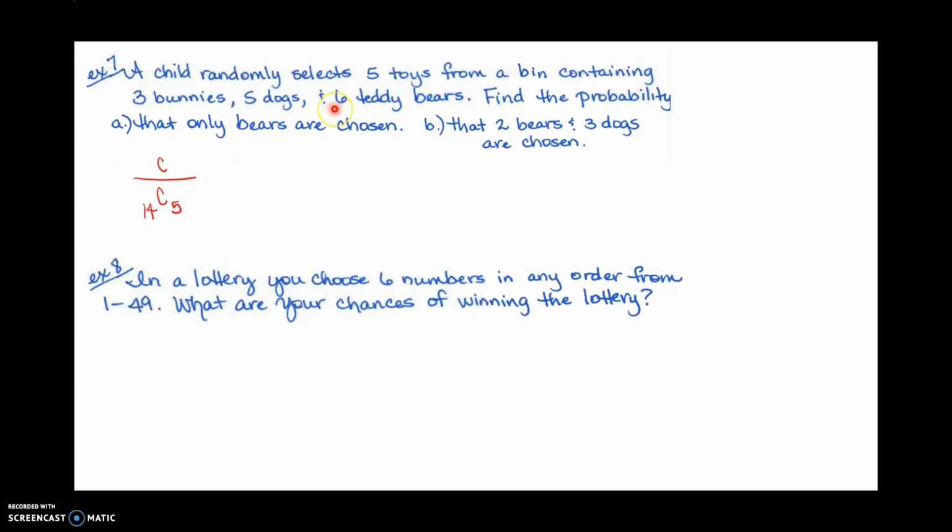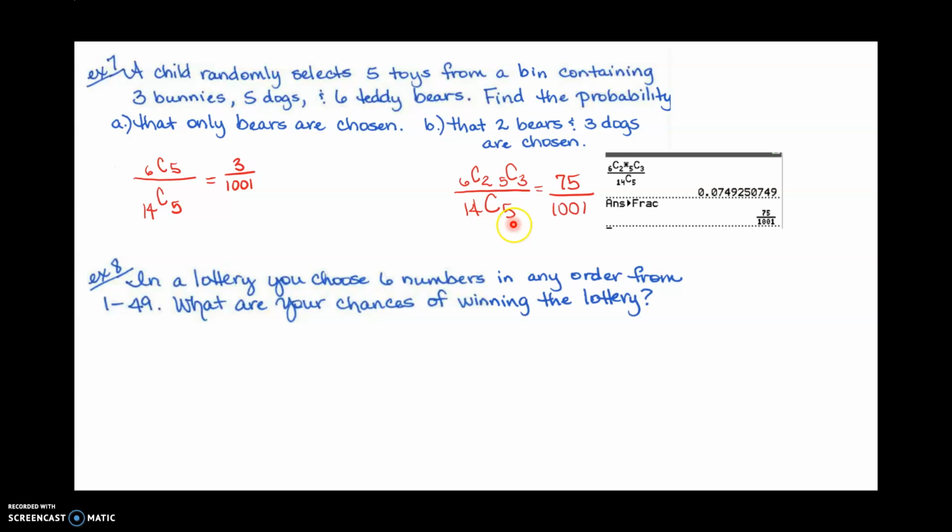Well, there are 6 bears to choose from, and so for the 6 bears, I'm choosing 5. And these are those combinations that we were doing before. You could do them by hand or on your calculator, either one. All right, look at this one, the probability that you have 2 bears and 3 dogs. So our denominator is still going to be the same. It's going to be 14C5. But for 2 bears, there are 6 bears to choose from, and we're choosing 2. And there are 5